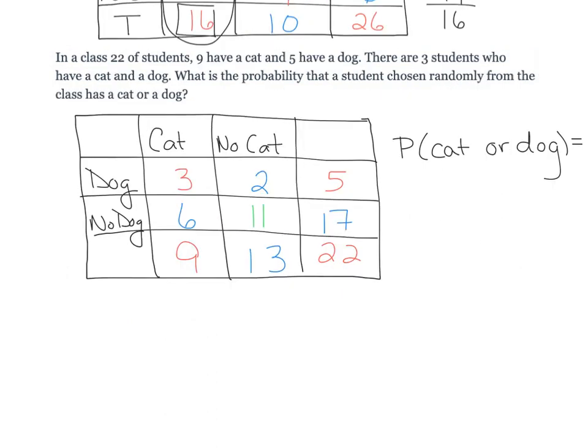This last one has to do with whether or not the person has a cat or a dog or both or neither. The question asks what's the probability that a student randomly chosen from the class has a cat or a dog. So remember when we do or, that's kind of our trickiest one because we have to include